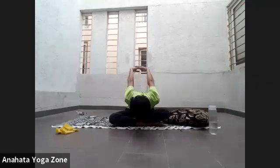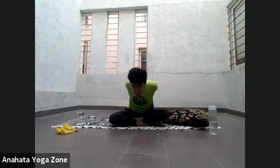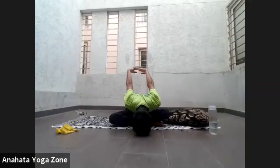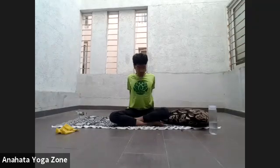Slowly inhale, come back to the center. Focus on taking the palms away from the body. As you exhale, bring it down. Inhale, lift yourself up. As you exhale, bring it down. Inhale, lift yourself up 3 more times. As you exhale, bring it down. Inhale, lift yourself up 2 more times. Exhale, bring it down. One last time, inhale, lift yourself up and hold there for 1, 2, and push the